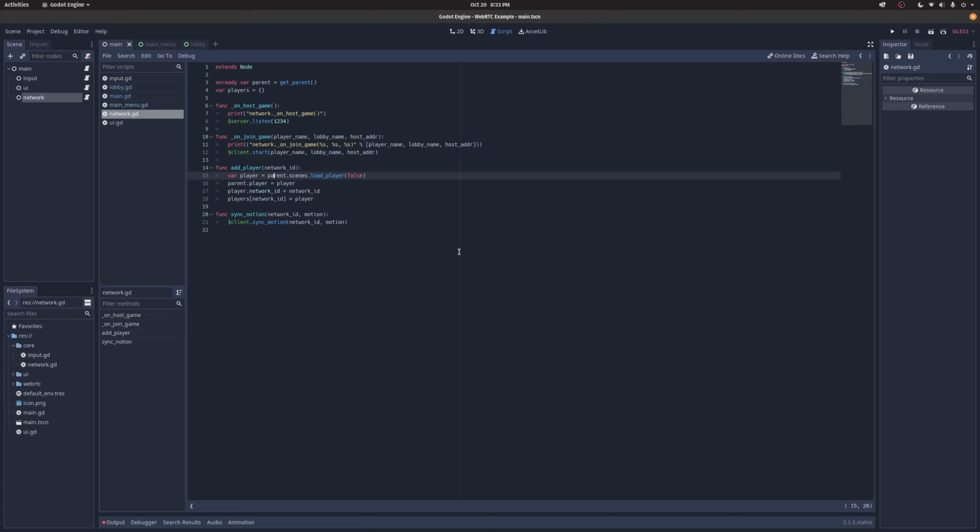So the sync motion is basically where we're going to be actually doing something with the network and the player, and hopefully, I can't remember if this version of the reference material was far enough and it actually works, but otherwise we'll have to fix it. This is gonna be a long video. Alright,